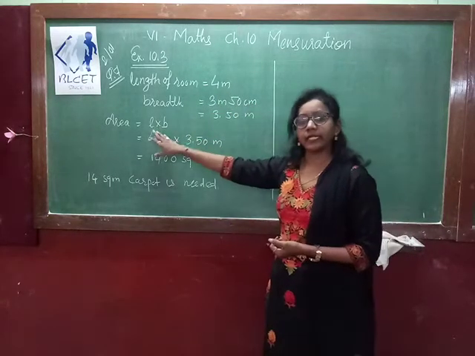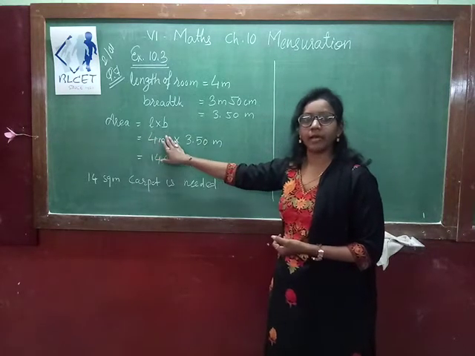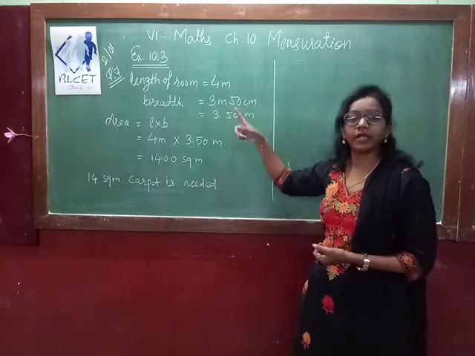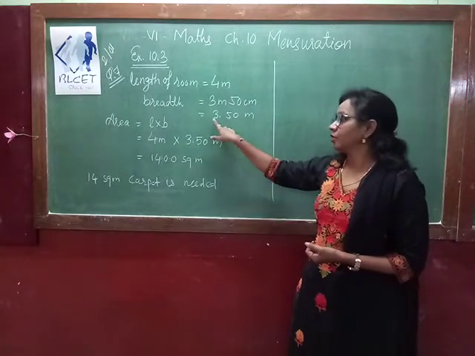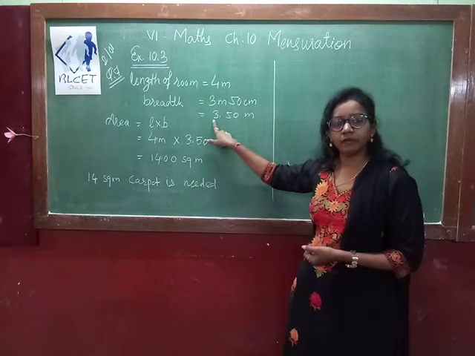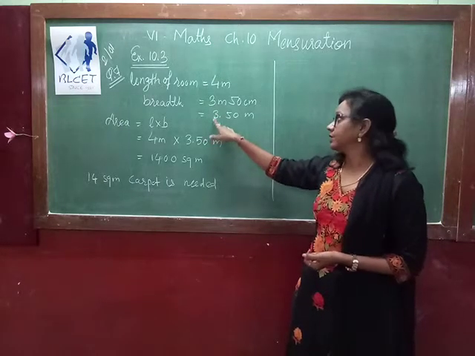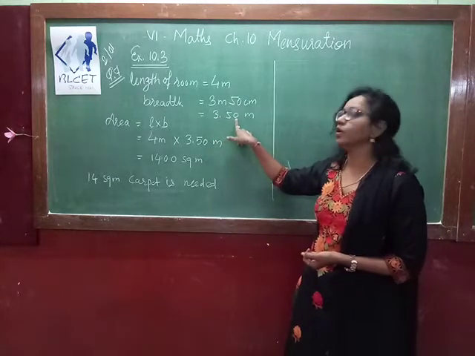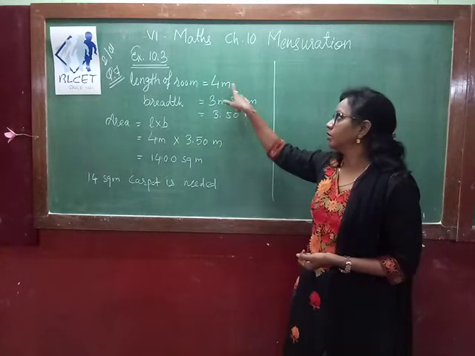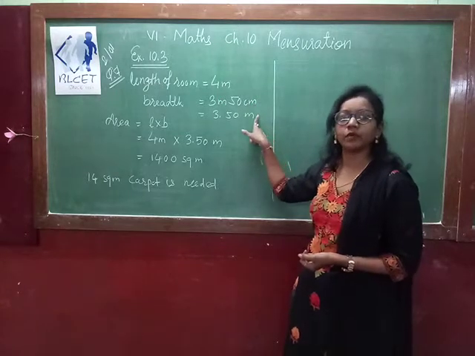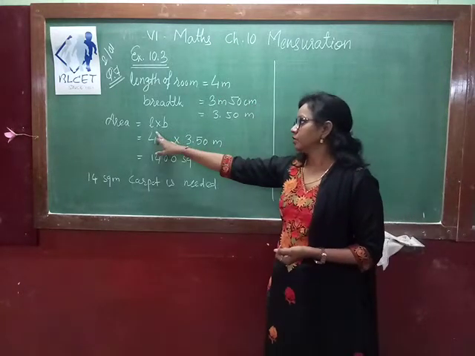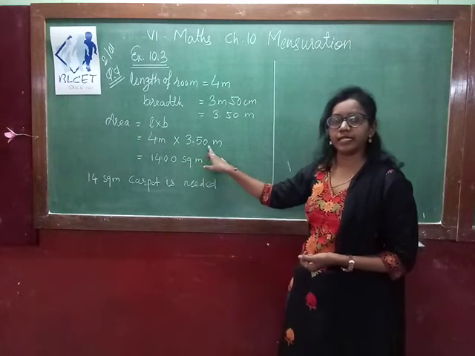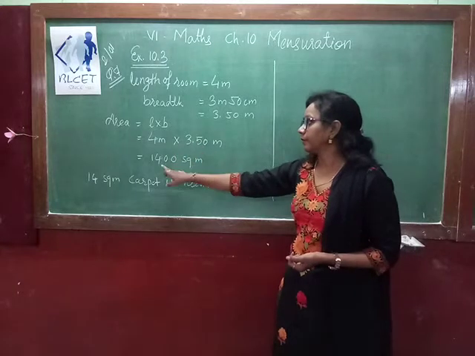So we want to find the area of the room, that is length multiplied by breadth. But here your breadth is in meter and centimeter, so we have to convert it into meter. So we have to use the decimal concept that we already learned in chapter 8, that is 3 meter 50 centimeter, that you can write as 3.50 meter. So now both the units are the same, so we can do the multiplication. So length into breadth is equal to 4 meter multiplied by 3.50 meter. When you do the multiplication, your answer is